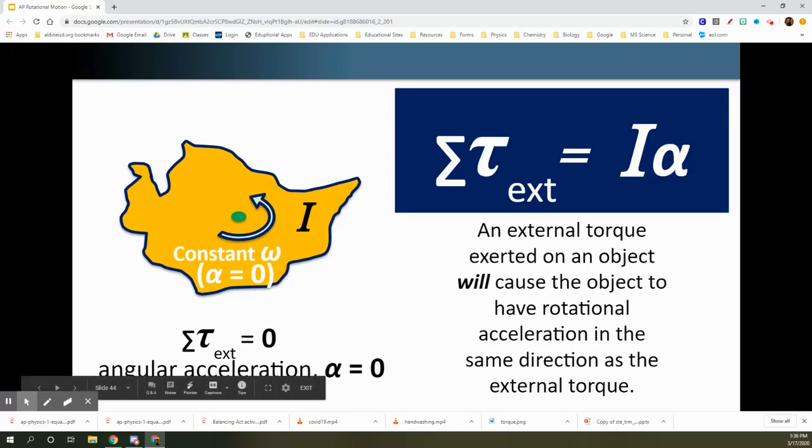Okay, I'm going to pause for a minute and make sure nobody has any questions or comments about that idea. Like I said, it's the same idea that we talked about in Newton's